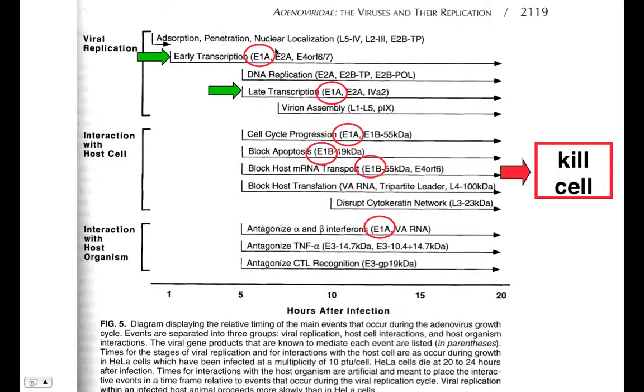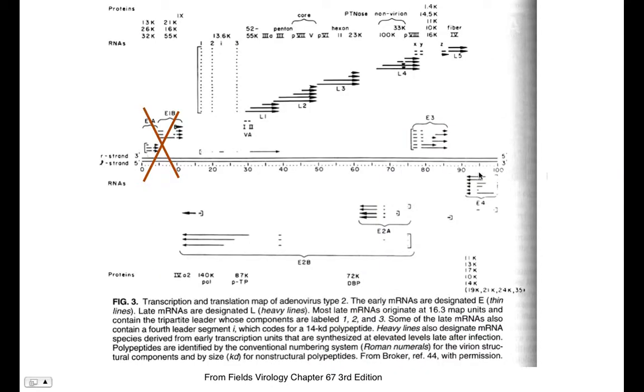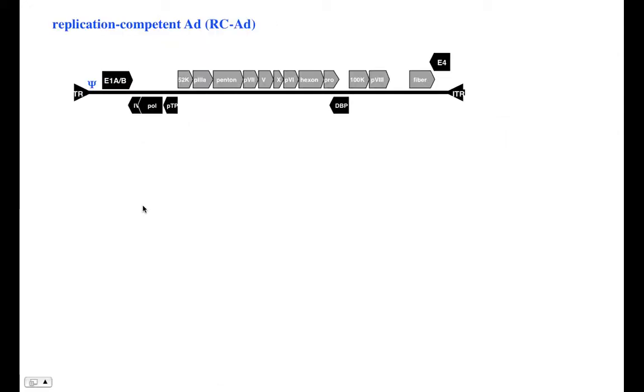So this E1A, as I was talking about, is very important to almost every step of the virus. So if you're going to attenuate it or make it incapable of killing cells, you need to take it out, or if you want it not to have subsequent infection beyond the primary infection. So this was deleted out in the original experiments,